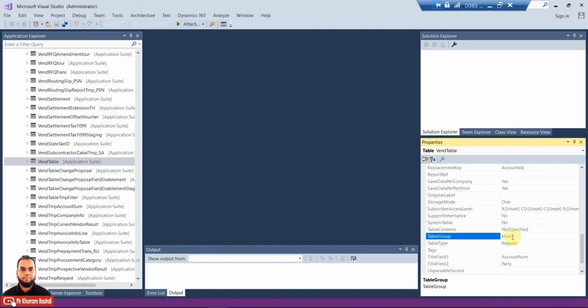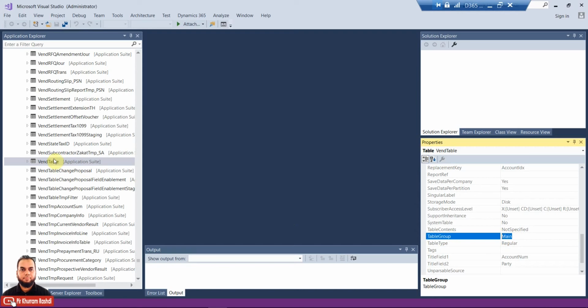When you talk about these tables which contain the basic information or list of vendors, customers, or items, these are called main tables. Whenever you create or deal with a main table, it is of table group Main.